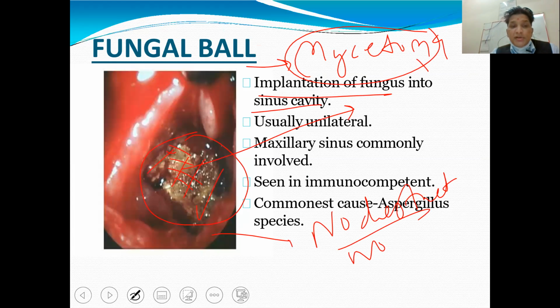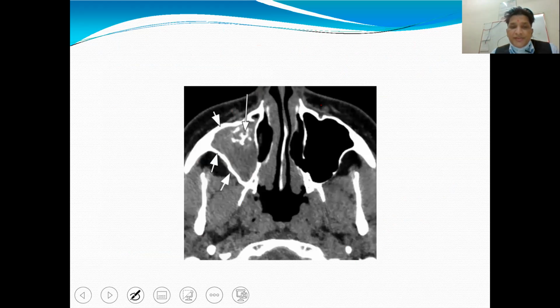Mycetoma is a fungal ball, and it remains, particularly in the maxillary sinus, in an indolent and harmless manner, and in many patients it is diagnosed serendipitously on a CT scan. This disorder does not cause much of a clinical picture, and in various patients the disease may present in a silent manner, and bone invasion and bone destruction are absolutely absent in these cases because it's a non-invasive kind of fungal sinusitis. So you can say the surrounding bone is absolutely intact,